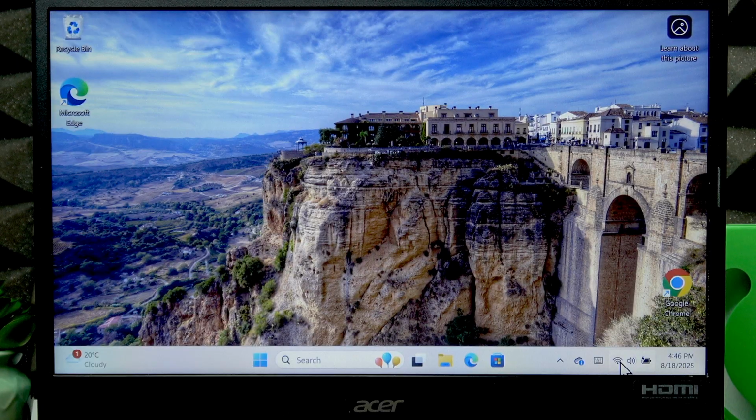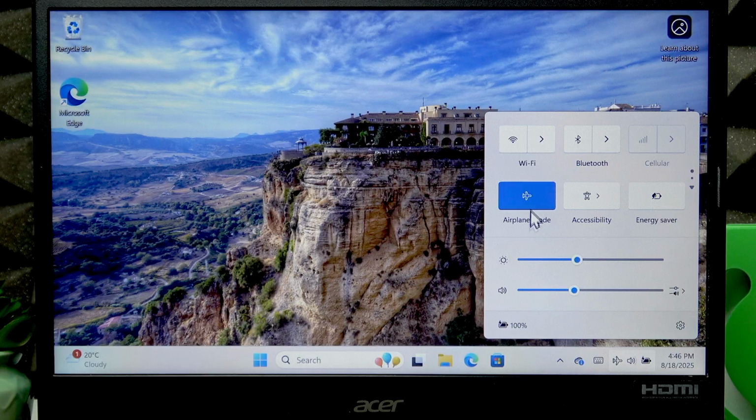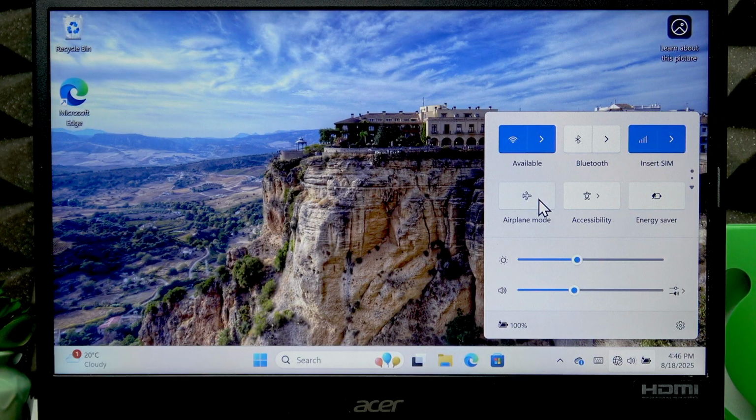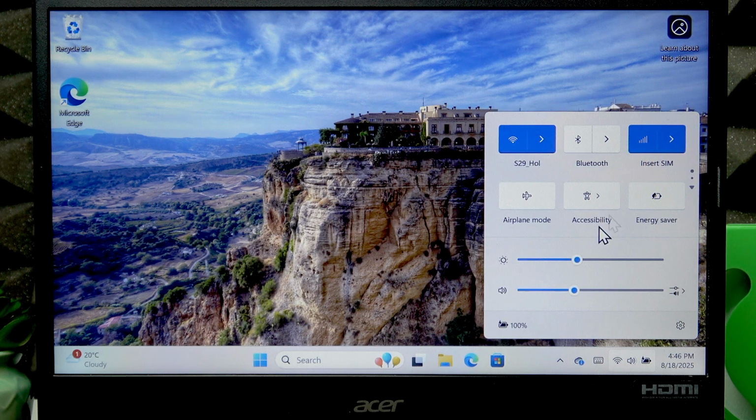So first, click on these three icons on your status bar and try toggling your Wi-Fi by clicking this icon, and also toggle the airplane mode by turning it on and off. And if it doesn't help you, if you still cannot connect to the Wi-Fi, then what you can do alternatively